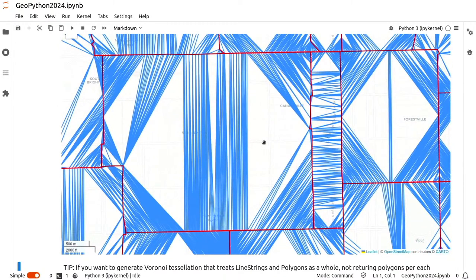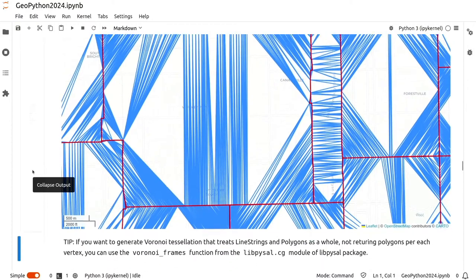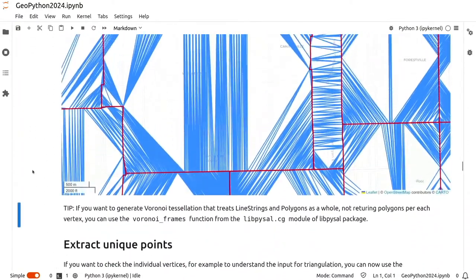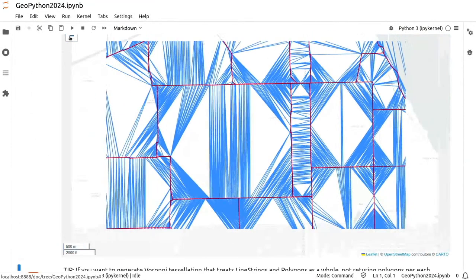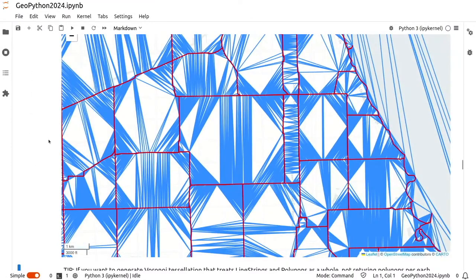And that's because GEOS under the hood extracts all the points from those geometries and uses those points as inputs. So it doesn't do something like you would maybe call polygonal tessellation. It essentially just extracts everything from there. If you want to create a tessellation based on polygons and treat all those polygons as individual seeds, so instead of their individual points, the polygons or lines themselves,